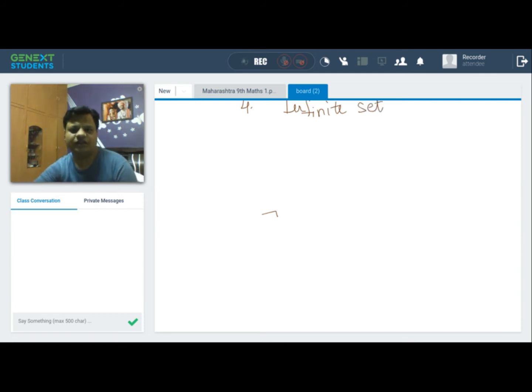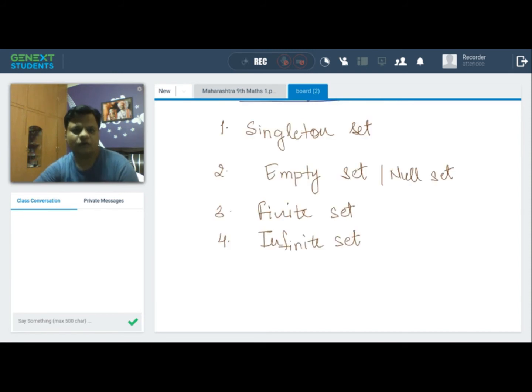So basically in sets we have these four types of sets. Let's understand one by one what each definition means.